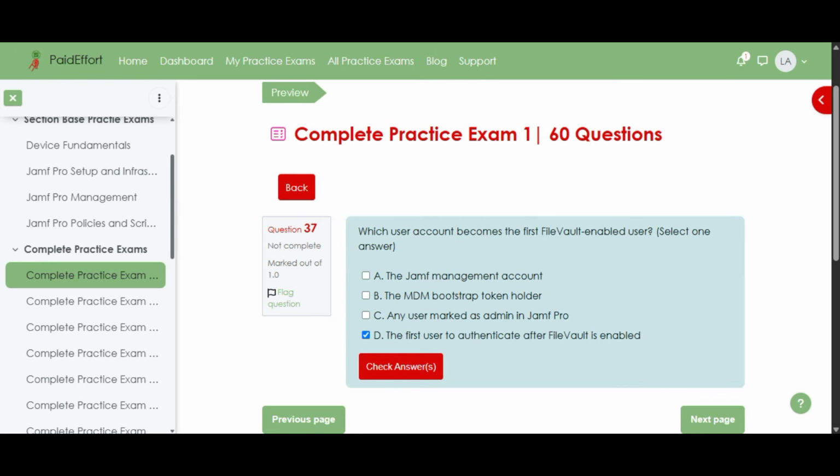Now let's explain why this is the right answer. The first user to successfully log in after FileVault is turned on automatically becomes the FileVault-enabled user. This is important because that user will have the ability to unlock the disk when the Mac starts up. On the other hand, the Jamf management account isn't guaranteed to be the first to log in, so it won't